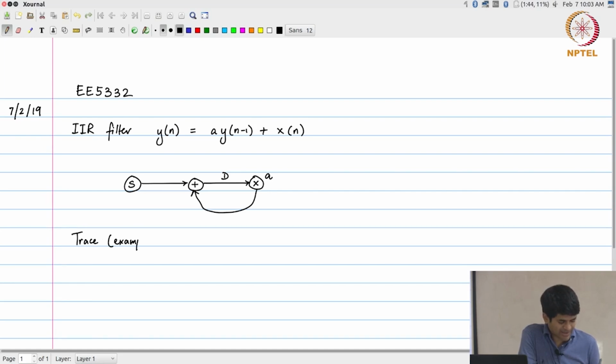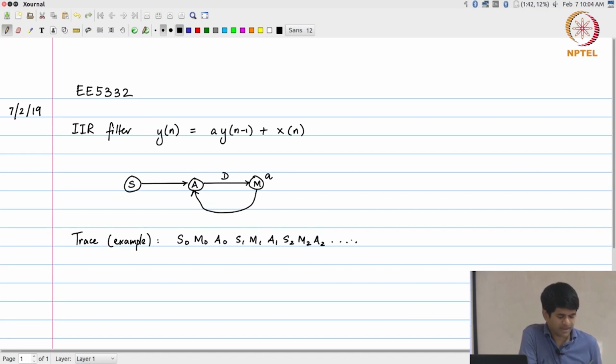An example trace would look like this: S0, okay, I need to relabel these. I'll call this A for adder and M for multiplier. So one possible trace through this is basically S0, M0, A0, S1, M1, A1, S2, M2,